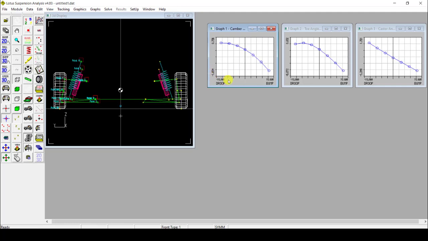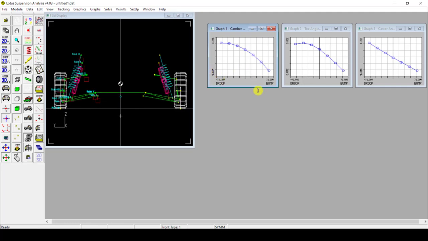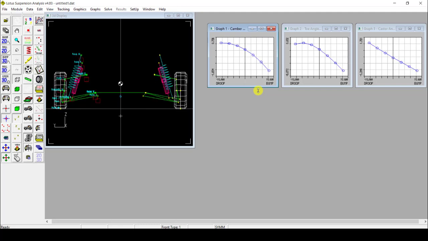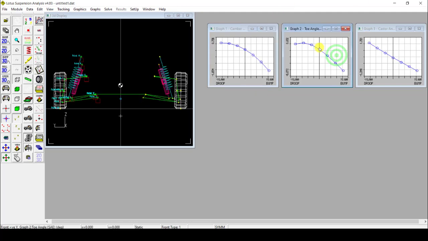again considerable. So anything between 1 degree or 0 degree is considerable, because you can never reach 0, because you also have to look at other things like toe angle and caster, which also have to be controlled. So if you change the toe, obviously the camber will automatically change and the caster will change. So you have to make sure that you create a balance between all these three graphs